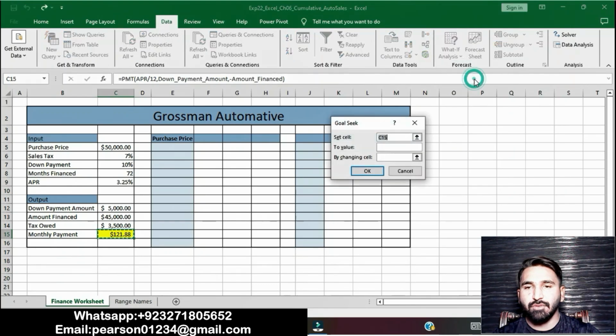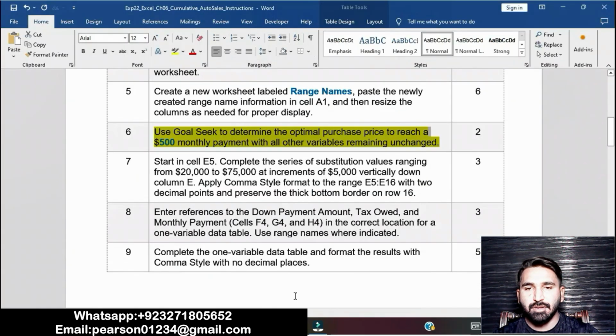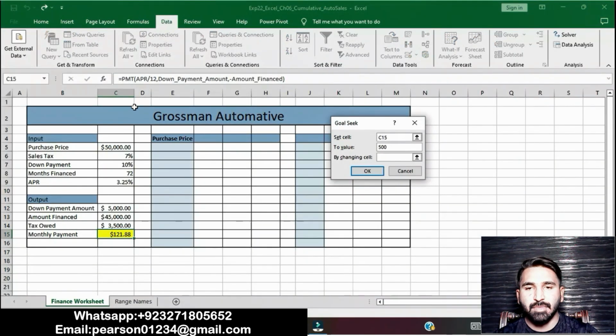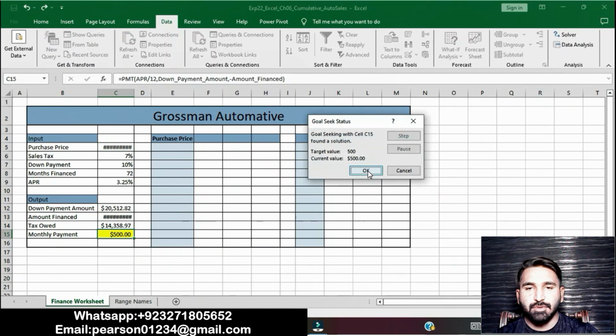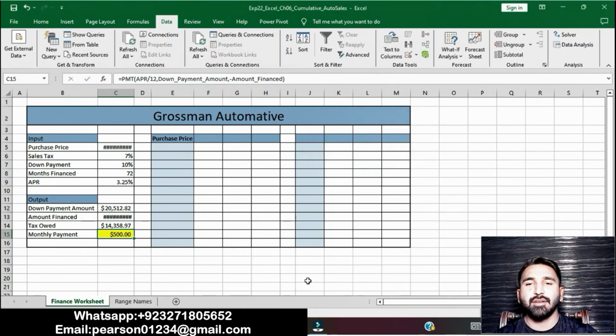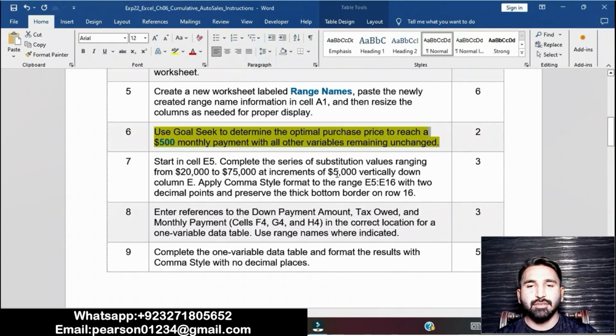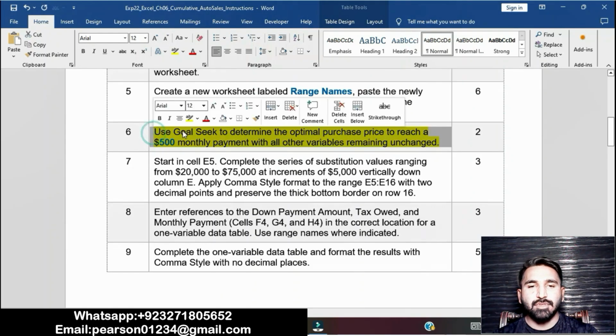Then go to Goal Seek. To value, $500, and okay, it will apply Goal Seek. You can see I am applying. I have done this Goal Seek step. Okay, I have done this step now. This step is completed now.